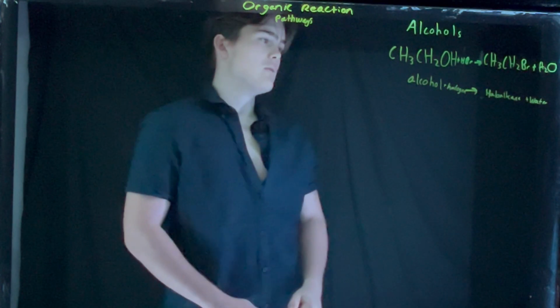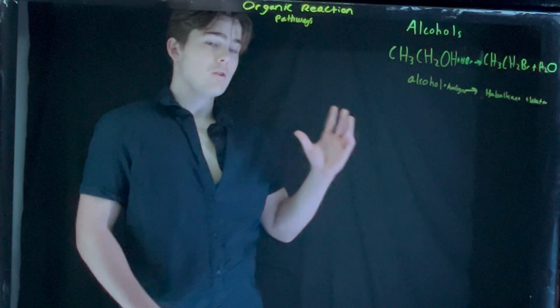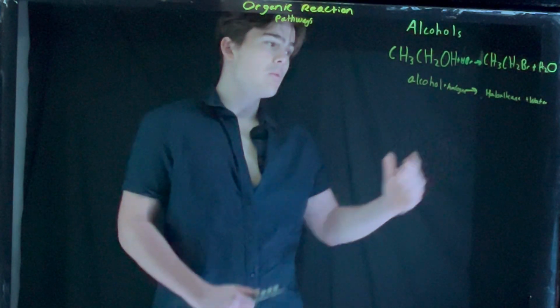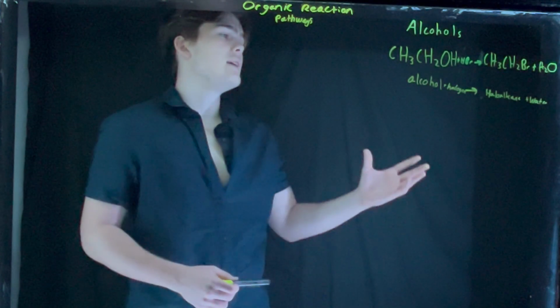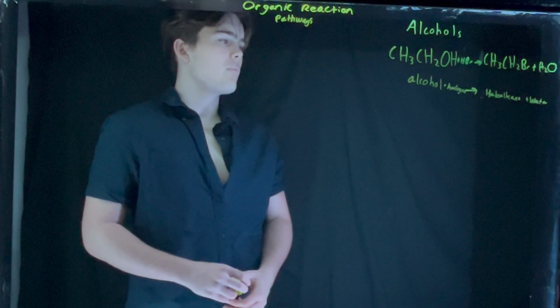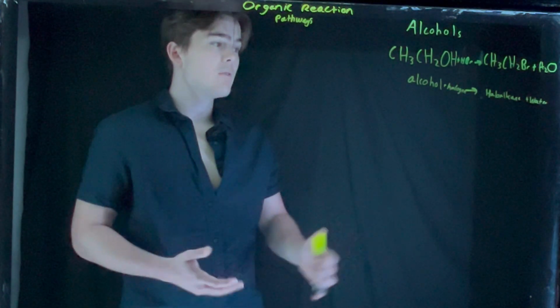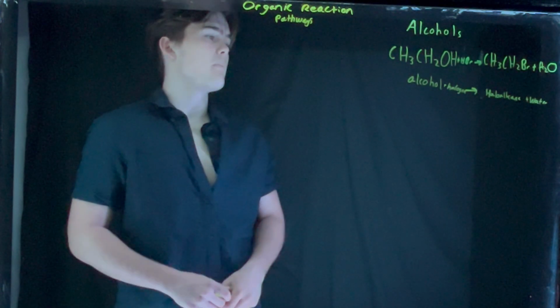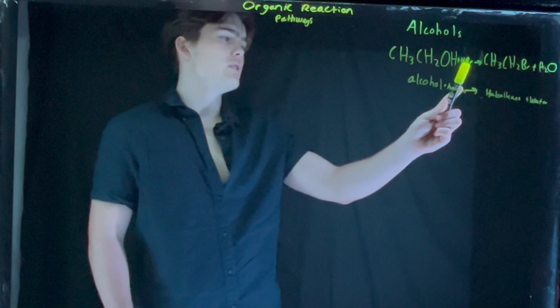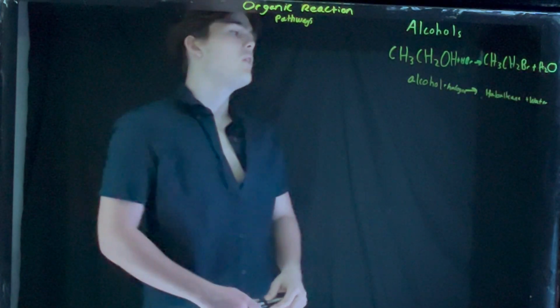So it's a substitution, technically also a condensation reaction, because condensation reactions produce water. This is a condensation and a substitution reaction. Alright, so a question might say, alcohol and a halogen are reacted together, predict the products. Then you just bring this halogen to this side, and then we get a haloalkane over here, and then